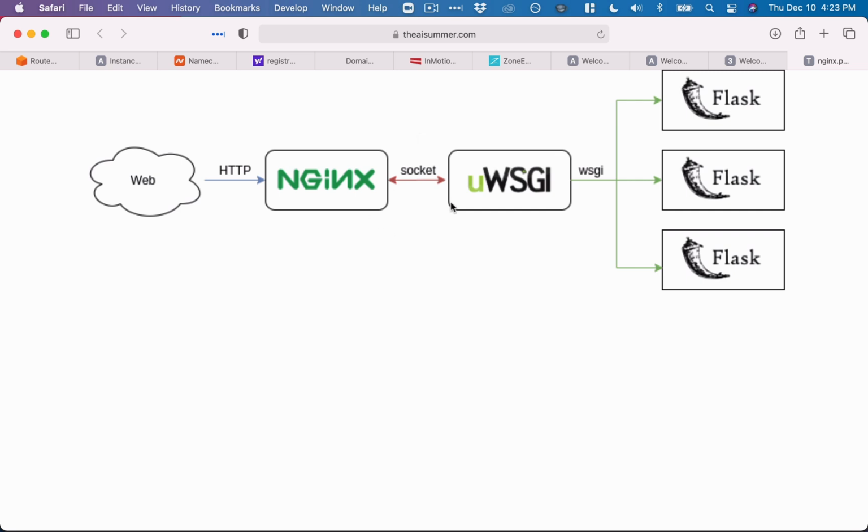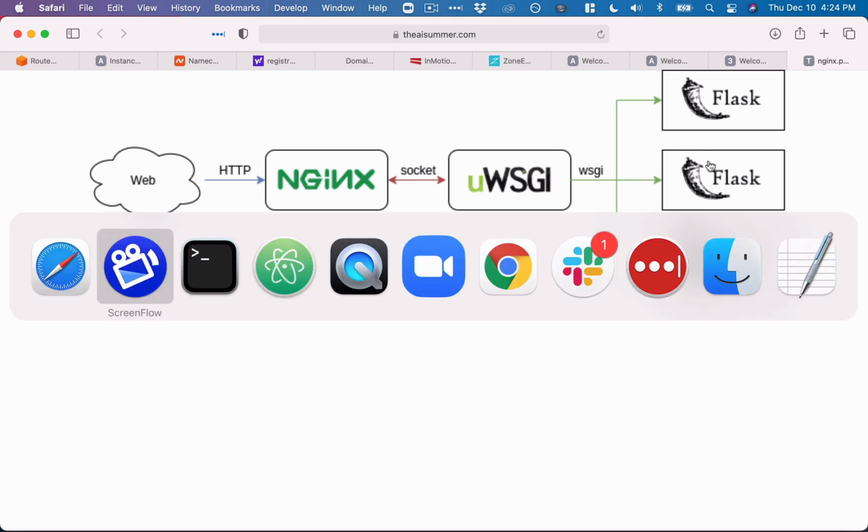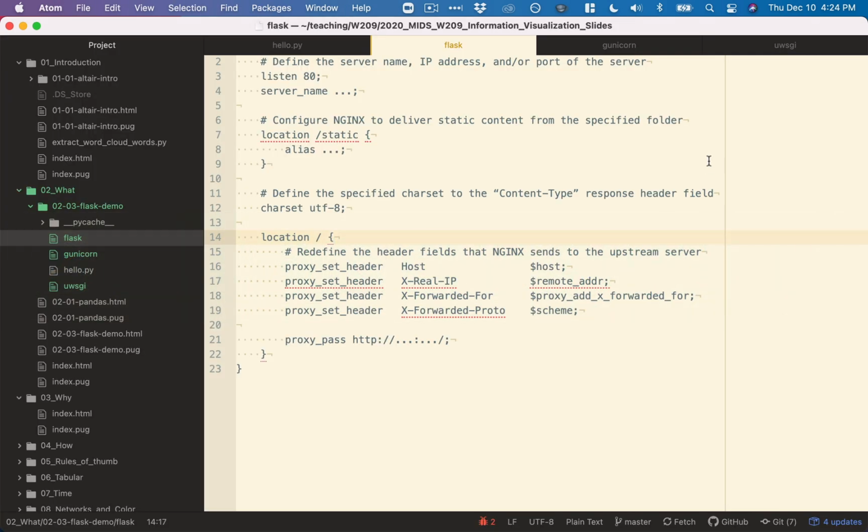And that's all handled by uWSGI. I'm not going to show that now. First, let's just get our Flask app up and running. We're going to first try to get it talking to the web directly, and then we'll try to put it inside nginx. So I do have opened up here one magic file,